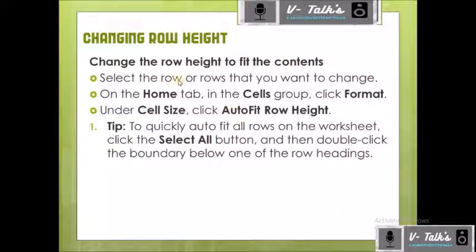So select the row or rows that you want to change. On the Home tab, in the Cells group, click Format. Under Cell Size, click AutoFit Row Height. Okay, so that option is there. Now to quickly autofit all rows on the worksheet, click the Select All button and then double click the